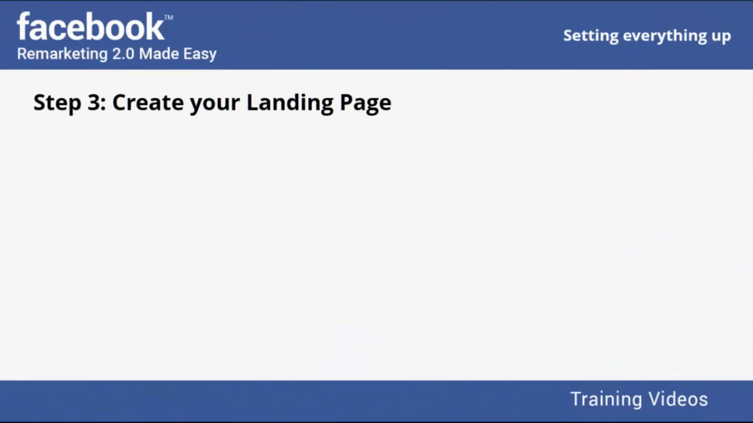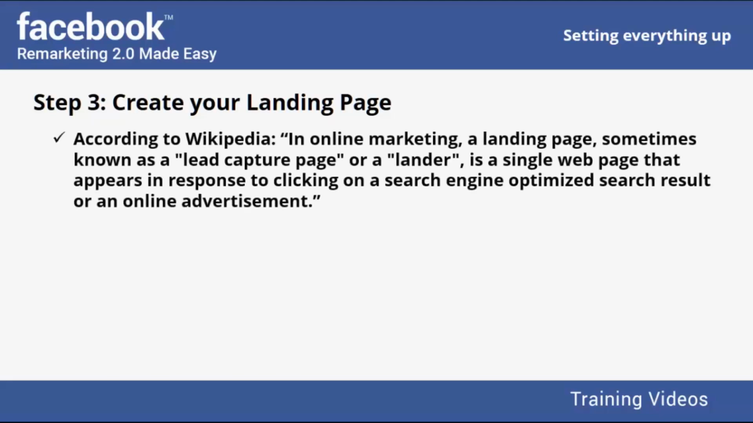Step 3. Create your landing page. Now, you need a landing page for the opt-in form that your autoresponder service will provide you, and also the lead magnet you have prepared. According to Wikipedia, in online marketing, a landing page, sometimes known as a lead capture page or a lander, is a single web page that appears in response to clicking on a search engine optimized search result or an online